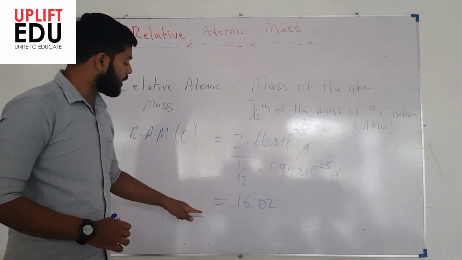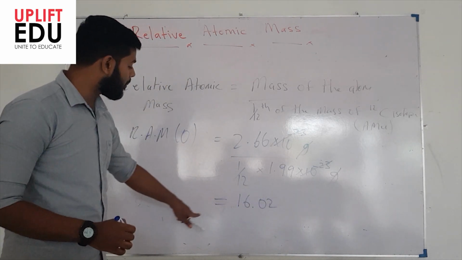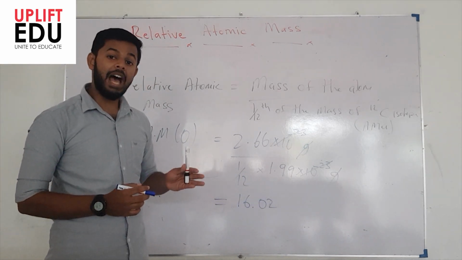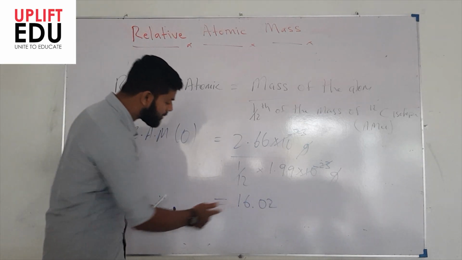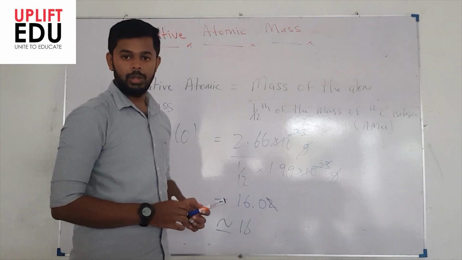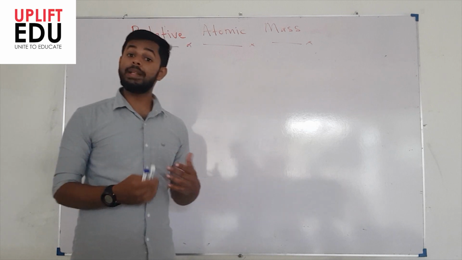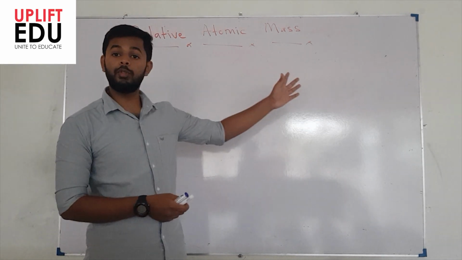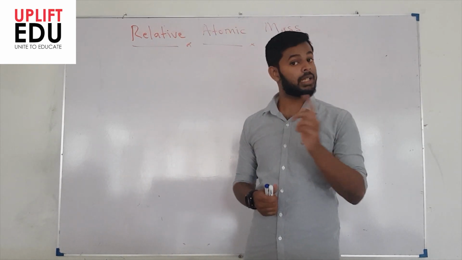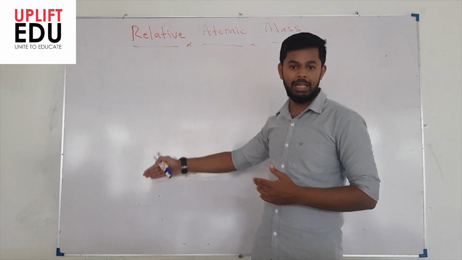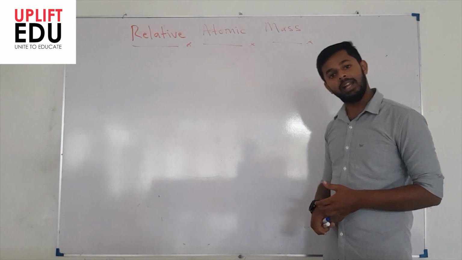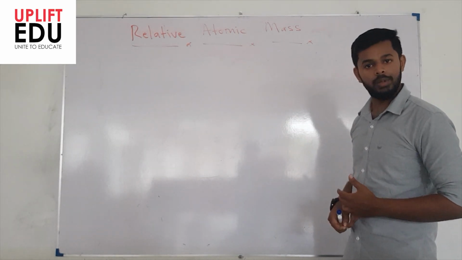Right? Here we can observe our relative atomic mass does not have a unit. So simply the second decimal can be omitted, and we can say the relative atomic mass of oxygen is 16. Okay? So now we understand how to find the relative atomic mass, and we wrote the equation to find it. Now you can go through the annex given in your textbook, page number 125. It shows the first 20 elements and their relative atomic masses calculated using the standard notation. And also we say the relative atomic mass has no units, right?